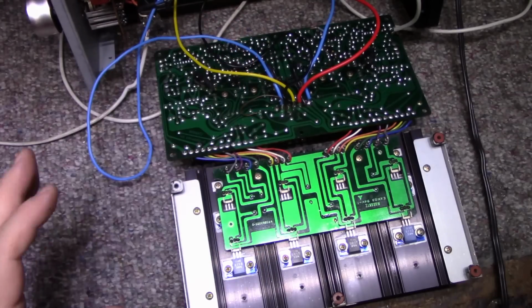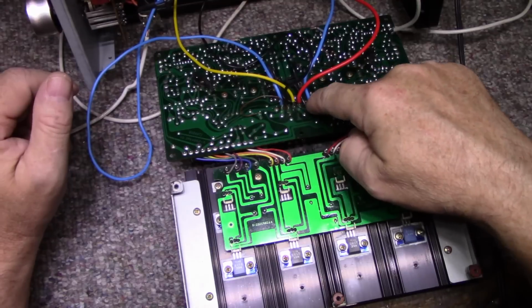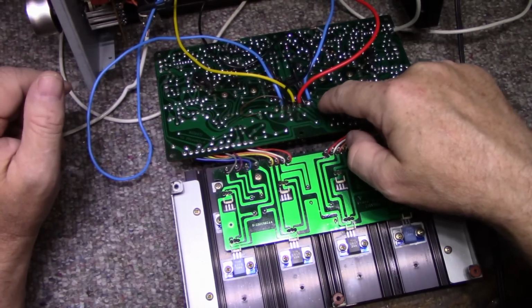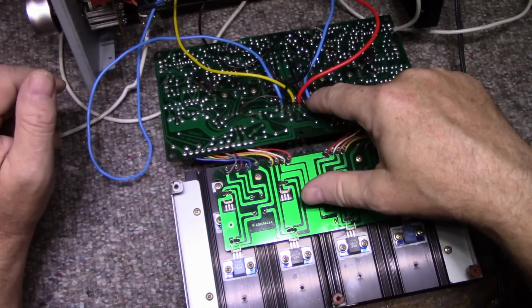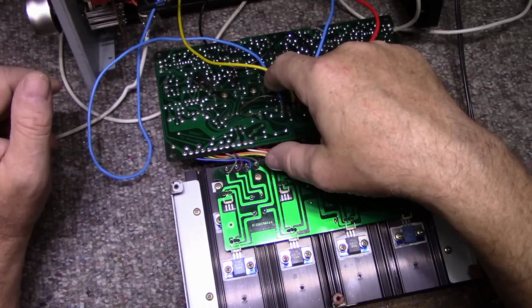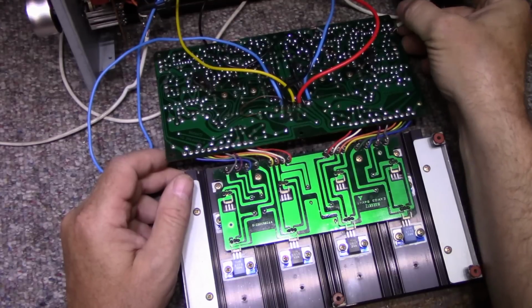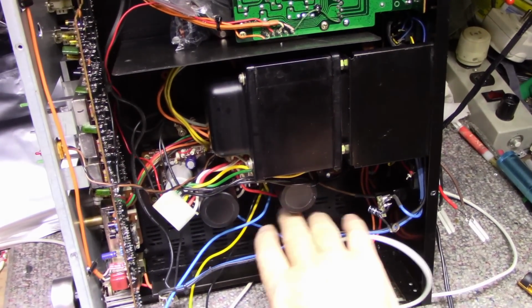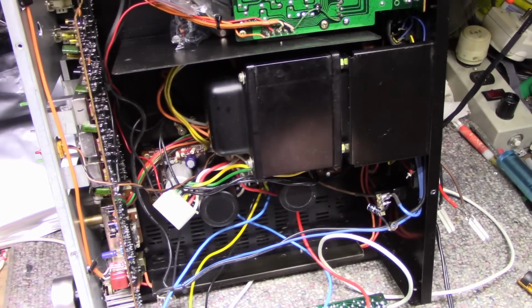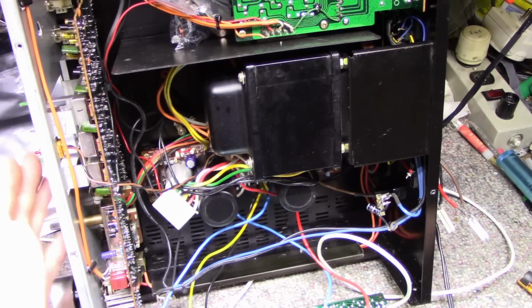You've got to test this somehow. So we must be able to power it up, right? So what I've done is I've jumpered from this connector. This is a 5-pin connector here. Actually 6 pins, but 2 of them are grounds. So I got my B+, B-. I got the speaker outputs going back to the unit, and I got my ground wire, and I've actually got a signal jumpered in too on this side, and that is all tied into the Marantz power supply. So I got the power supply feeding the board just like it would be if it was plugged in and installed. So I'm able to turn on the amplifier and control it with all the controls on the front, and